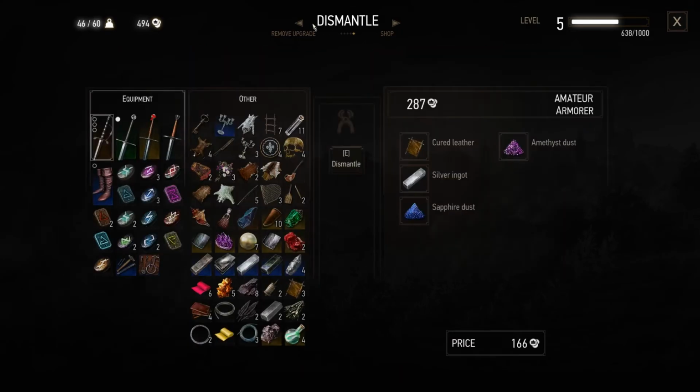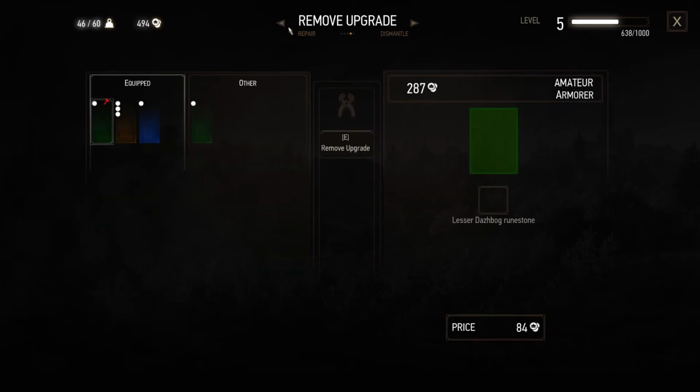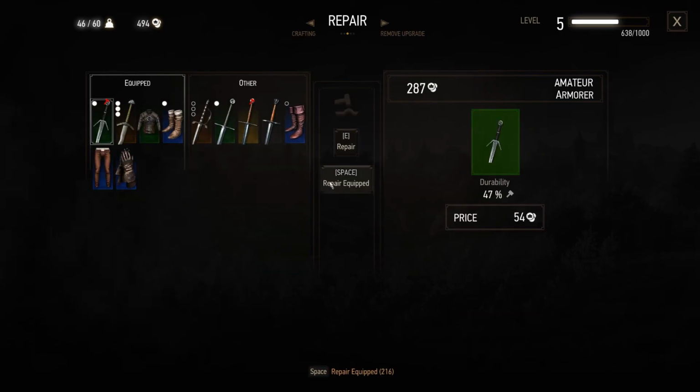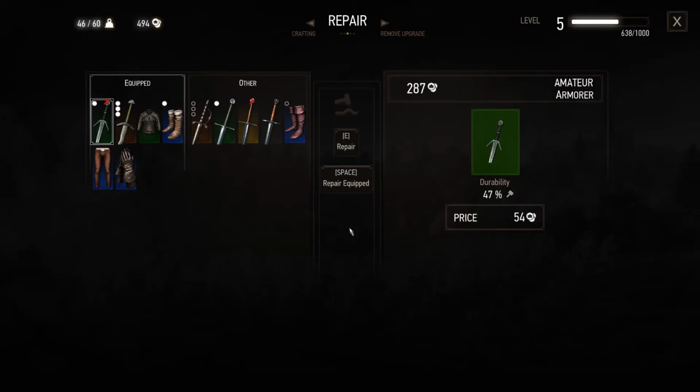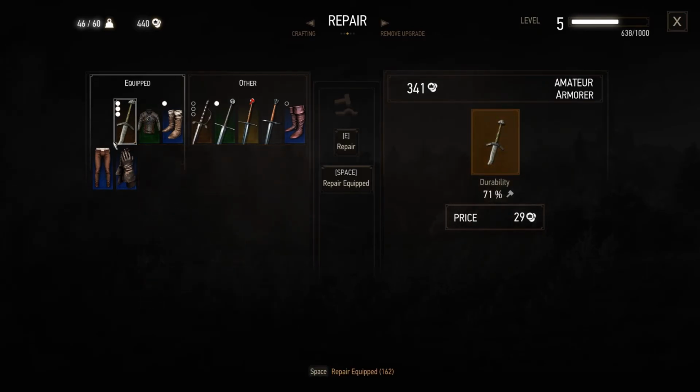Alright, well, let's see if we can craft anything that we can use. I do want to sell some of our stuff to him. Let's see, can we repair? Just repair everything that's equipped to me. That's a steep cost. That is a pretty damn steep cost. Okay. Yeah, repair this specifically. 54 crowns just for one repair. I think I like that change for once. Like...